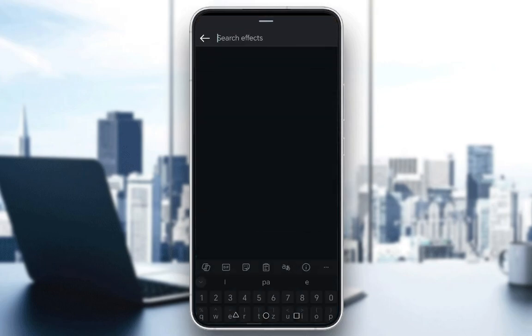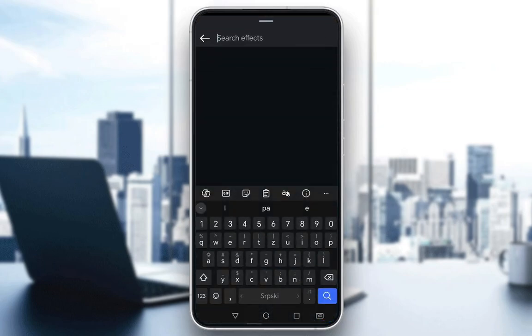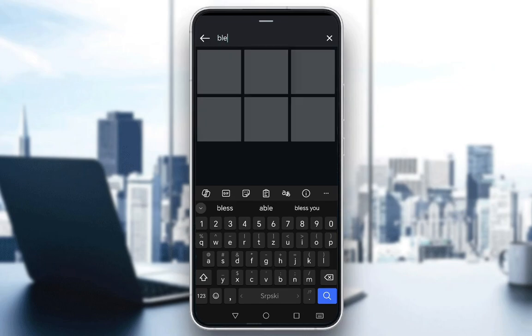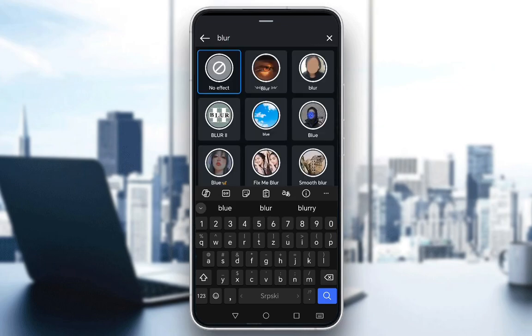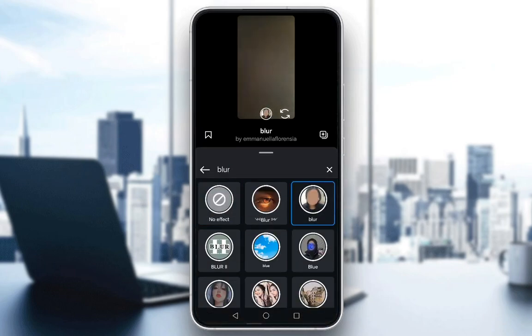and then go to the search in the top left. Just hit the sort of looking glass icon and then search for a blur effect, for example like this. And as you can see, you have a couple of different blurs. You can, well, select whichever one you want, for example this one, and now I have the blur effect active